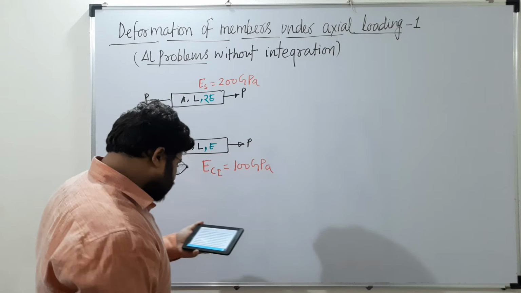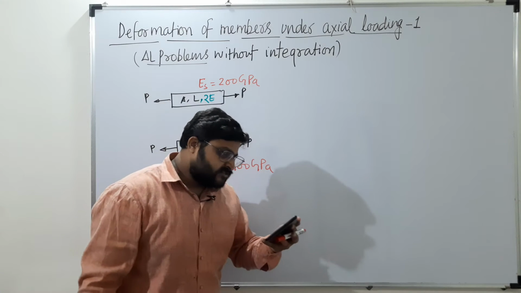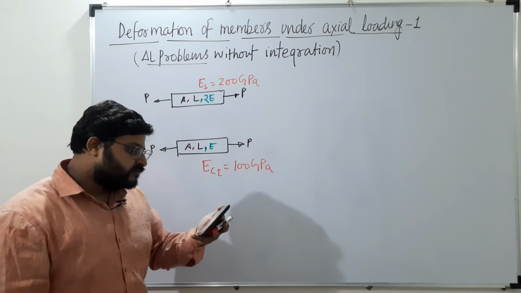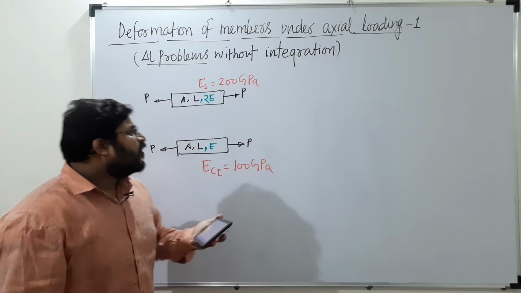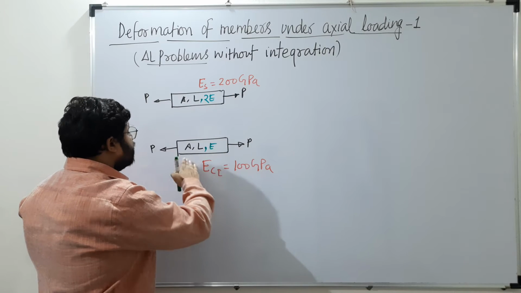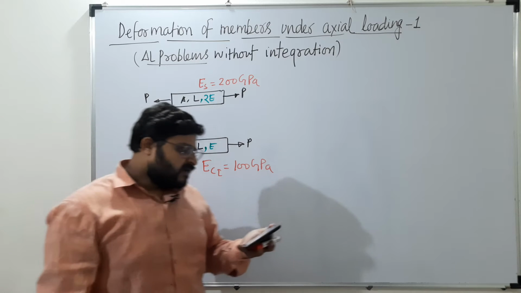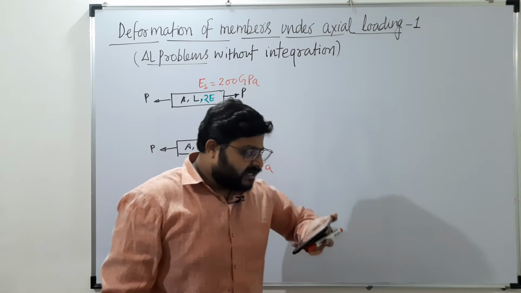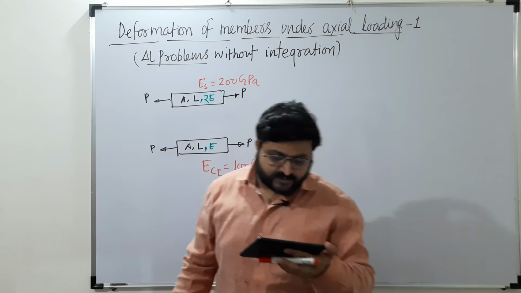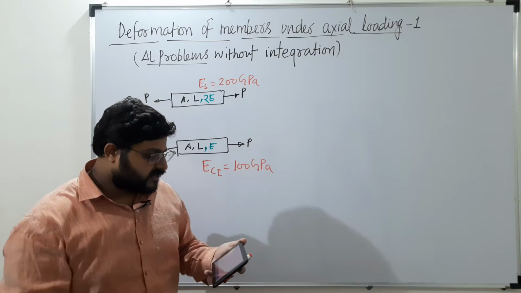So, okay, fine, done. Assume both the materials to be isotropic, homogeneous, and the axial force causes the same amount of uniform stress in both the rods. Obviously, if this is P, area is A, this is P, area is A. So stress will be uniform in both the members. Now, the stresses developed are within the proportional limit of the respective material. Now, which of the following observations is correct?